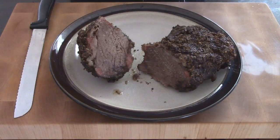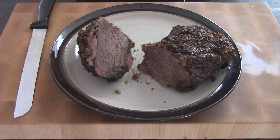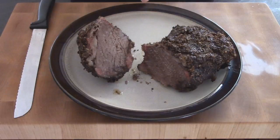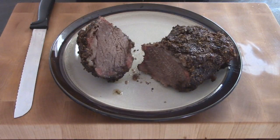But that is that, guys, and hopefully you learned something from it. You can start making your own sandwich meat, your own deli meat. Now I have a deli slicer, so I can slice this stuff real thin, just like a sandwich. And I might end up doing that, depending. We'll just see what happens. But as of now,